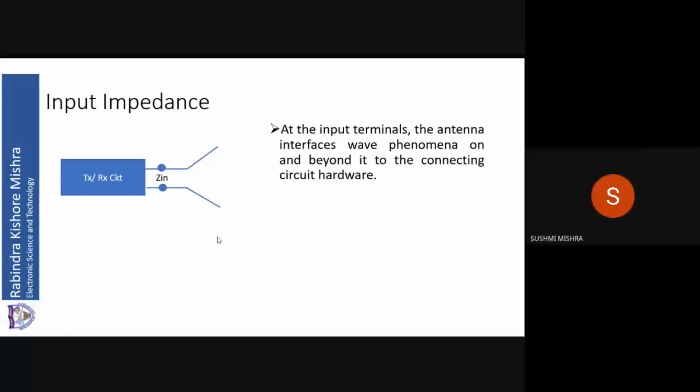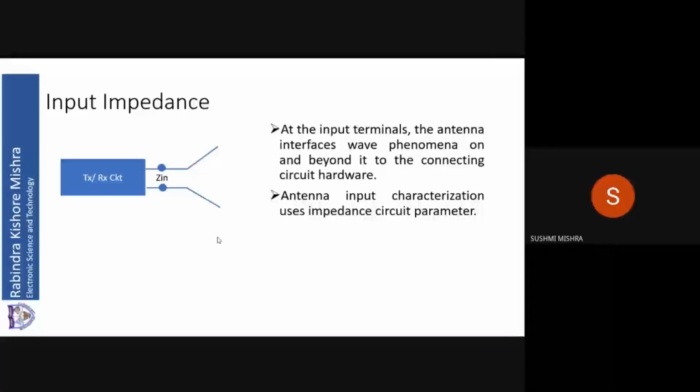Now, what will be the value of that resistor or equivalent impedance? That value will be equal to the impedance value which will consume the power which is same in amount that the antenna is supposed to radiate. So that is the radiation resistance of the antenna. If I connect that, the circuit will see an input impedance, and that input impedance will be characterizing the impedance circuit parameters which are connected to the antenna.